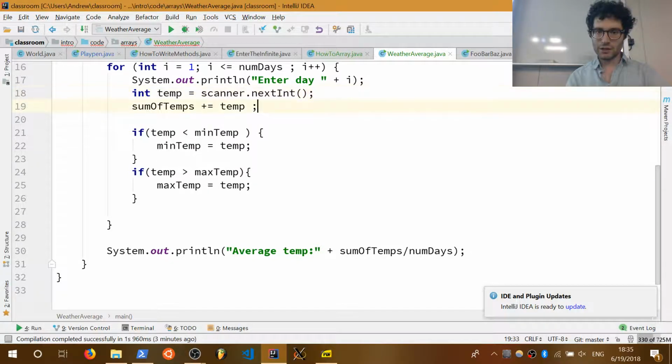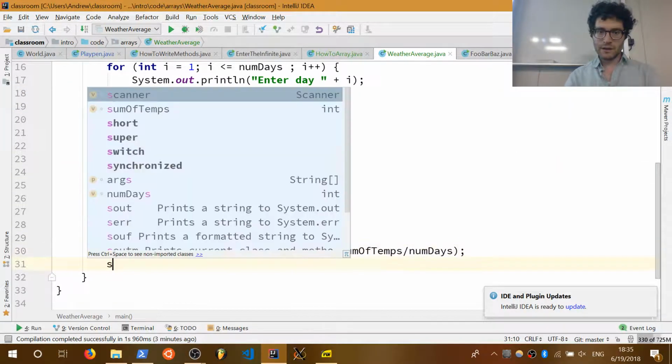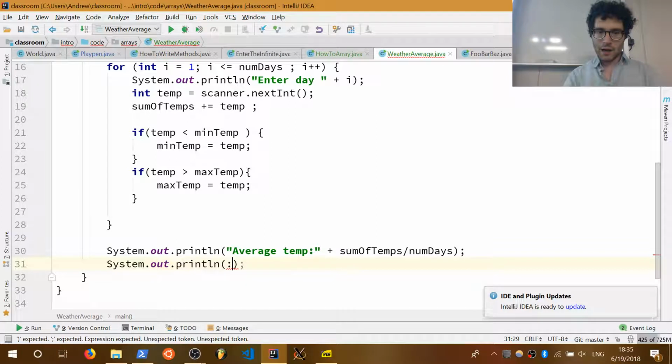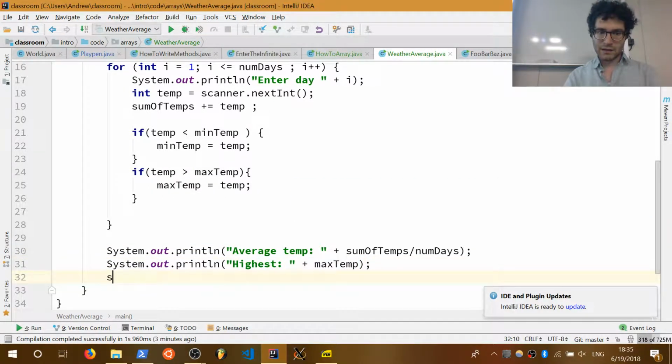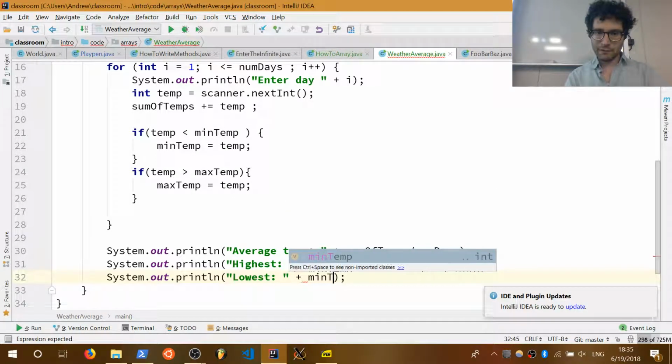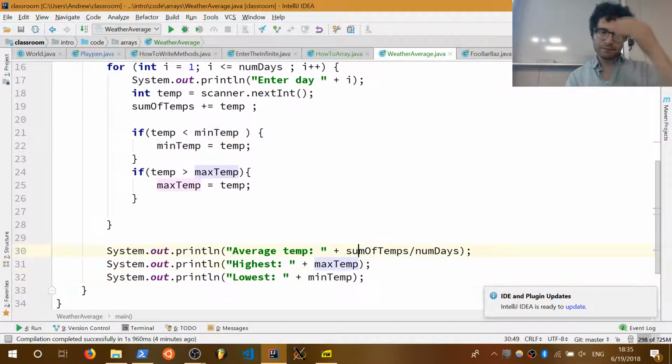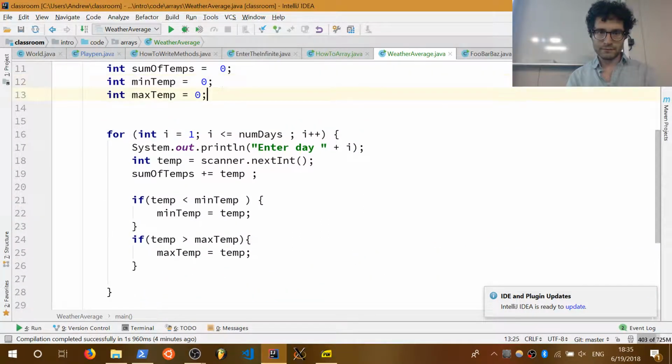You're missing a semicolon here. Sout highest plus max temp, sout lowest plus min temp. All right. So now if we run it,